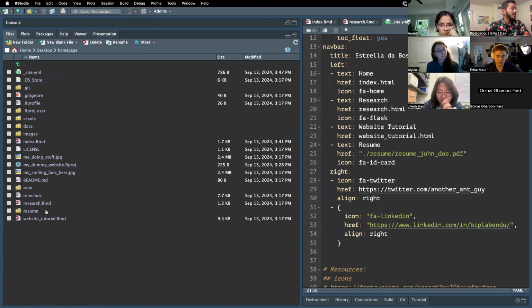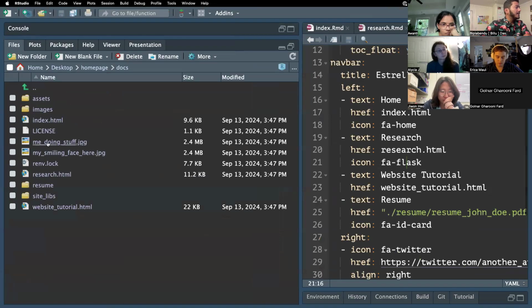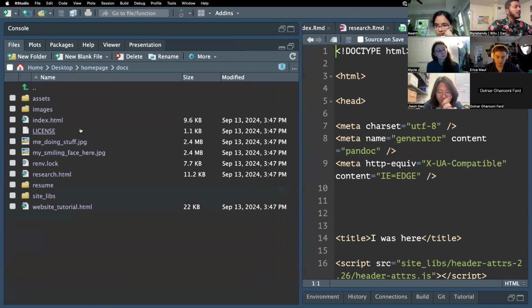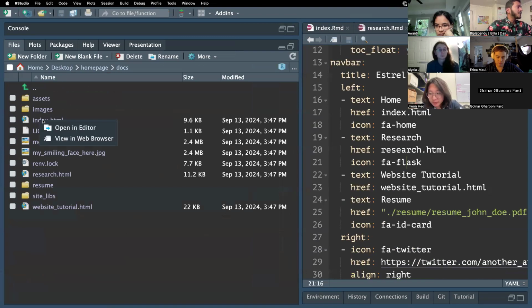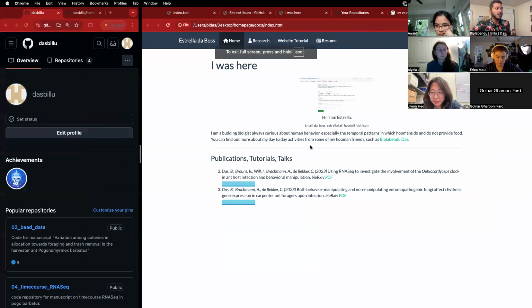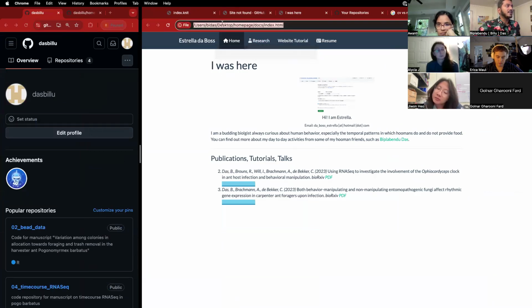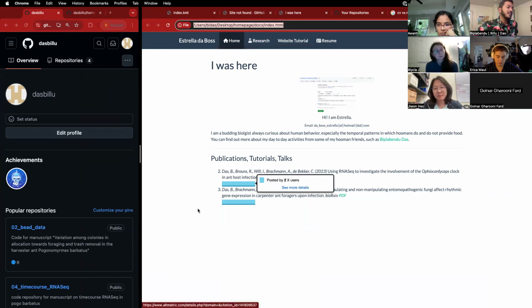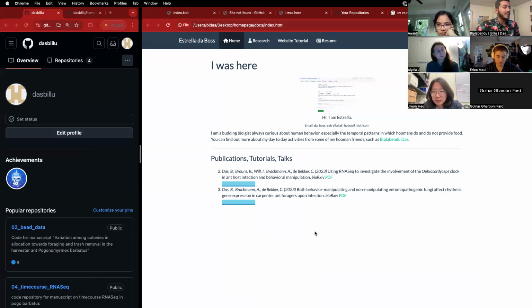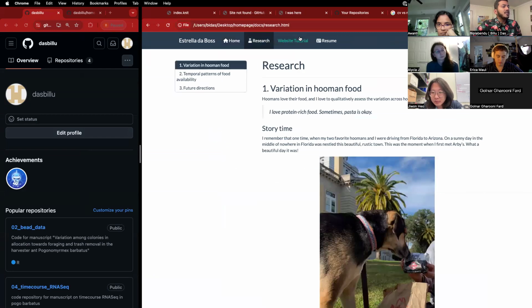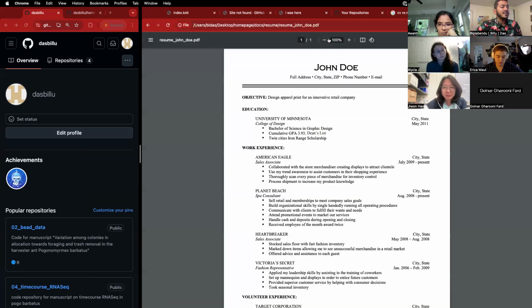So from within RStudio, you can go to the docs folder, and then you can click index.html and say open in editor, and index and view in browser. So if you do view in browser, it will open. So this is a local copy. You can see by the link up here, it's basically the path of your file. So now you can just click between things, and you can click the resume file, see if it works, and